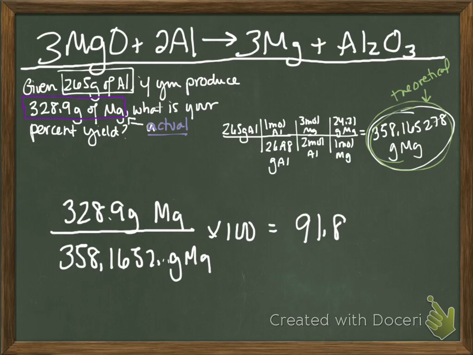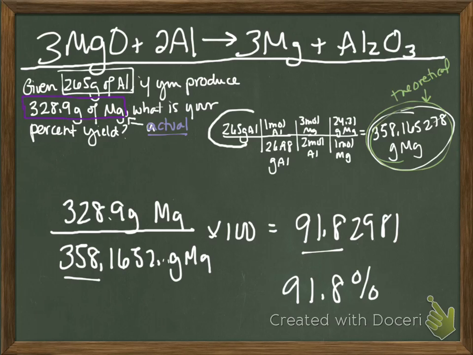91.8, well, I'm getting 91.8, and I put that whole number in. You typically keep all your numbers till the very end. So when we sig fig this, we have 3 sig figs to work with, because this number comes from something that had 3 sig figs. So you have to look all the way back to everything you used to get that number. So with 3 sig figs, we have 91.8% yield,